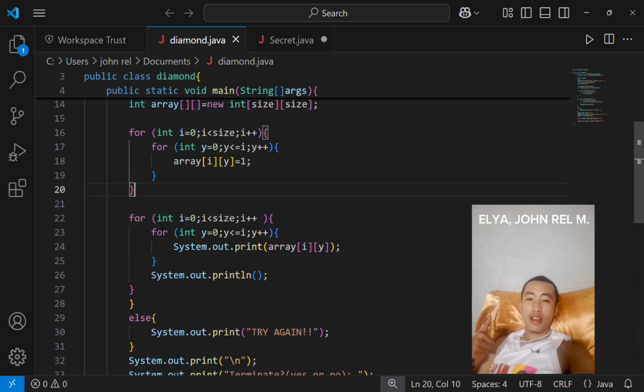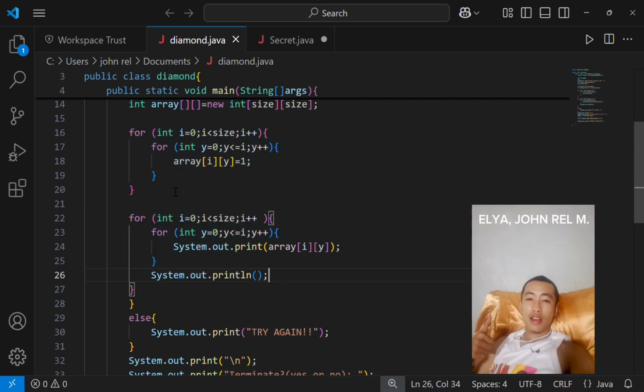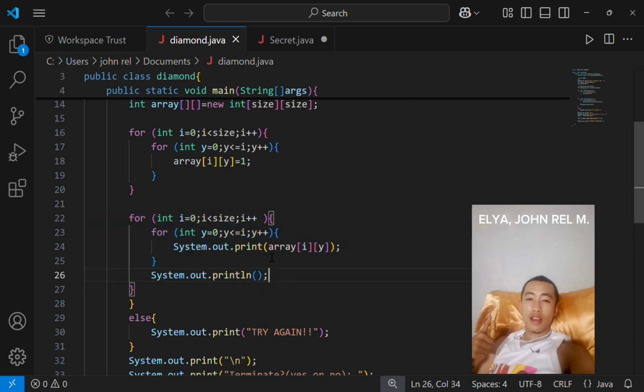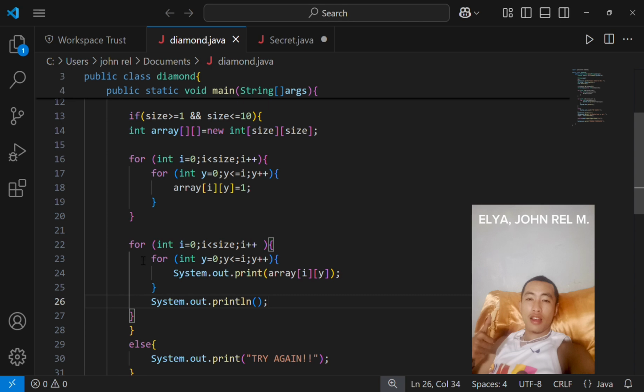Then below this for loop, we have another for loop. The purpose of this is to have an output, so that we will be able to see our output, because we already have an input here. It is always the same: initialization, condition, and increment.